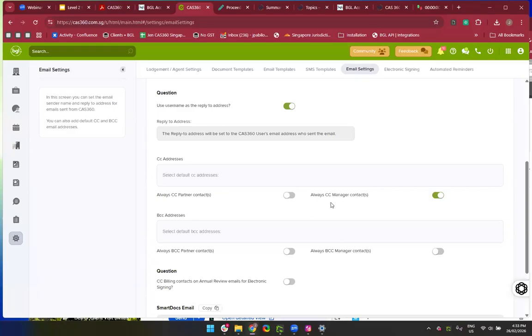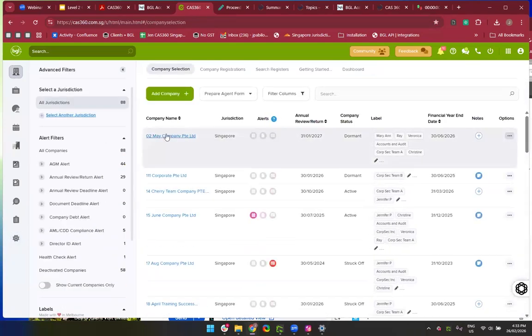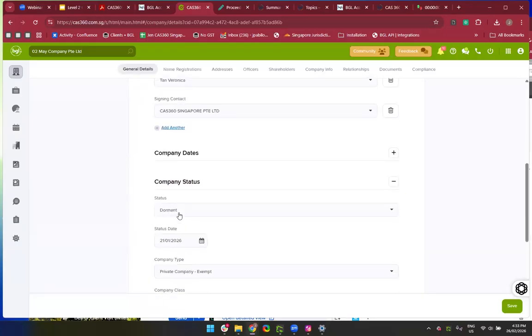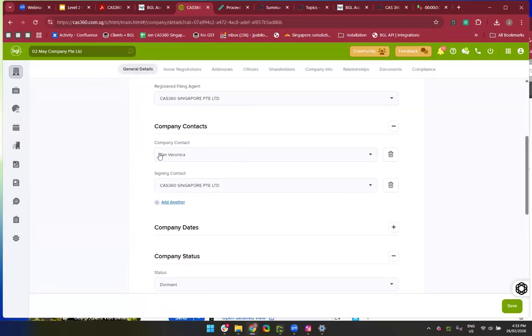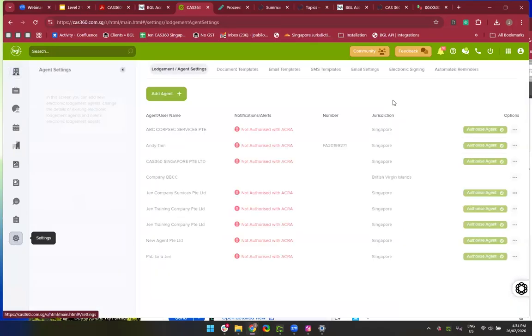So where do we get these contact managers? If I go back to my CAS 360 and select one company, under your company contacts, if you do not wish the director to be receiving emails and all that, you want it to be their company contacts on behalf of the officers and shareholders, you can simply add in a company contact or the manager. So going back to that settings,